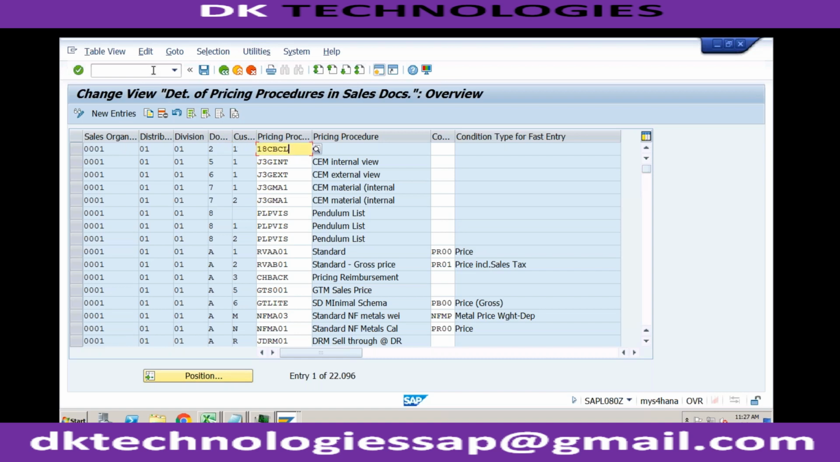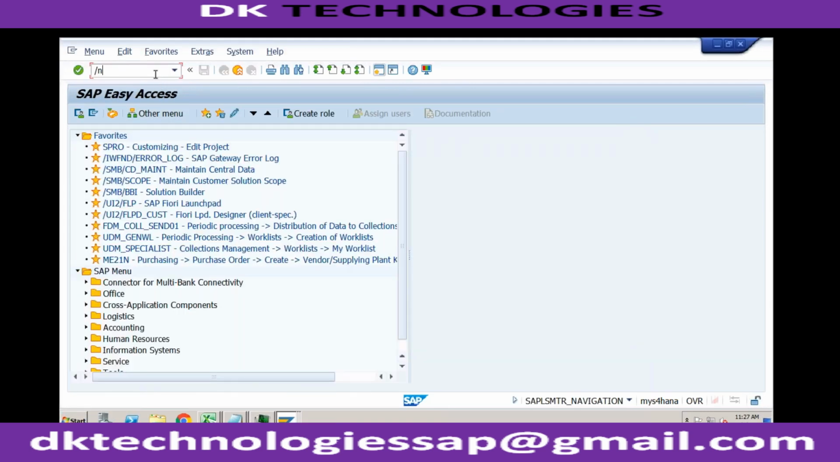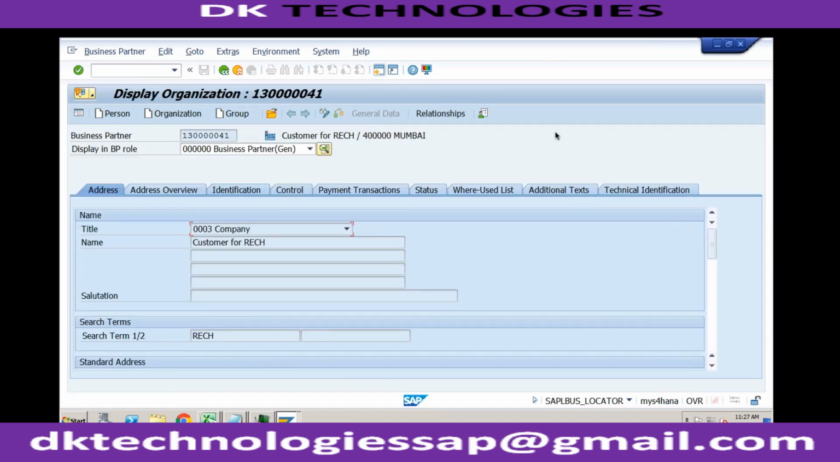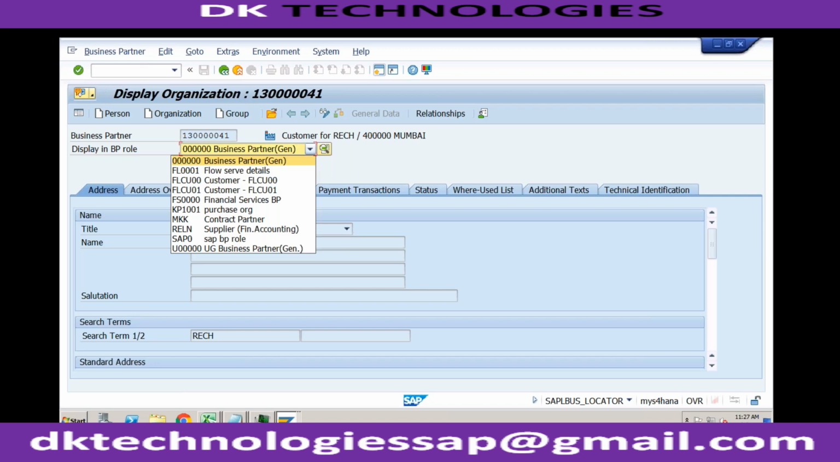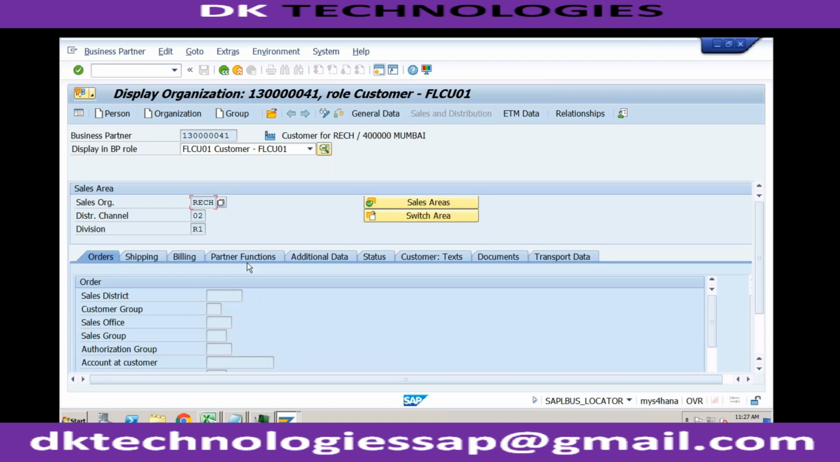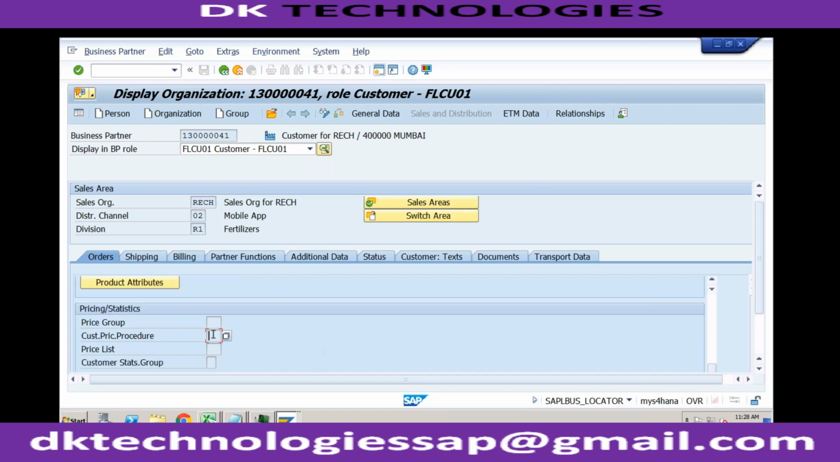For example, if you go to the customer master data, normally we don't maintain it at that level, but practically it is possible. I'm just showing you that you can do that also. If you go to pricing information, within orders, if you come down,